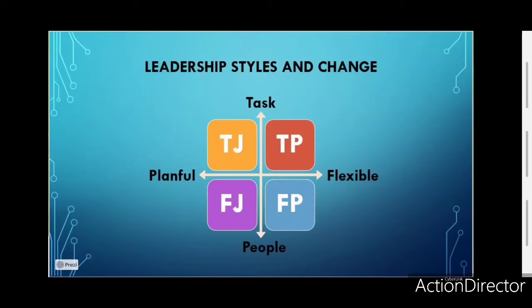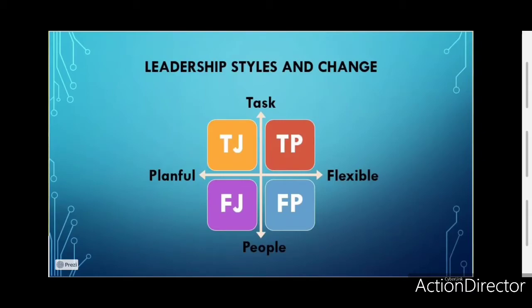But guess what? Other people occupy different parts of the quadrant, and being aware of that is something you could put down in your action plan. As a TJ, I know I process information in this way, and I know I make decisions in this way, and I know I organize my time in that way. But guess what? I manage an FP. That person certainly doesn't make decisions from the same standpoint as I do, and certainly doesn't organize his or her time the same way.